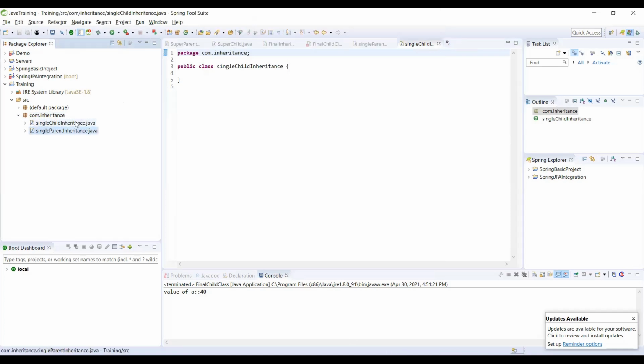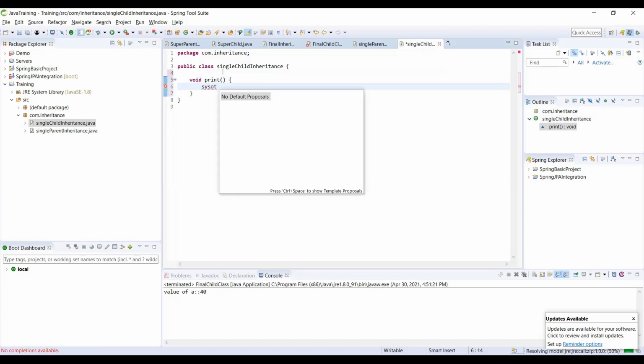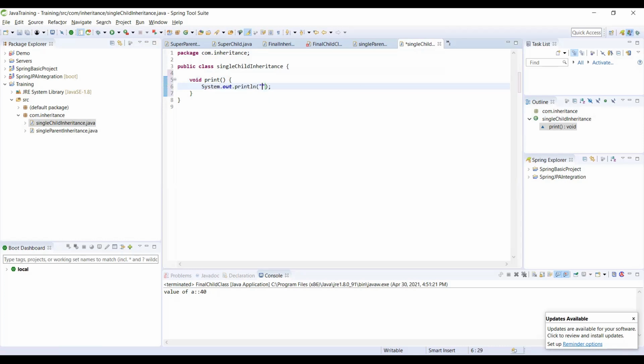Here, I will go ahead and write a method, void print. This is single inheritance demo. You are in the parent class.